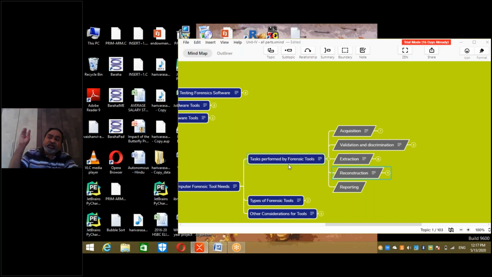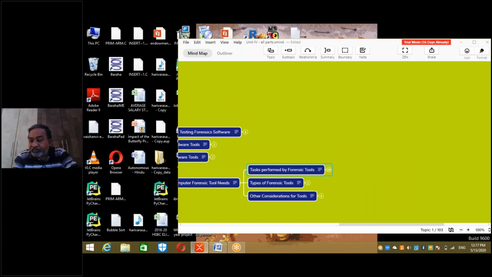Reconstruction, the data reconstruction requires different kinds of data, right? So how data is taken? The difference is: image to disk, partition to partition, image to partition, partition to image. Okay, so that completes this one.